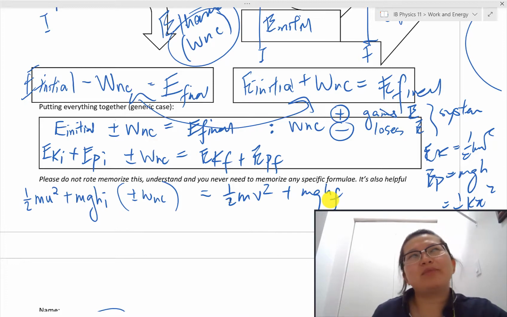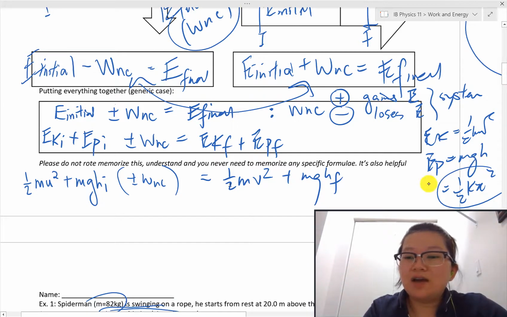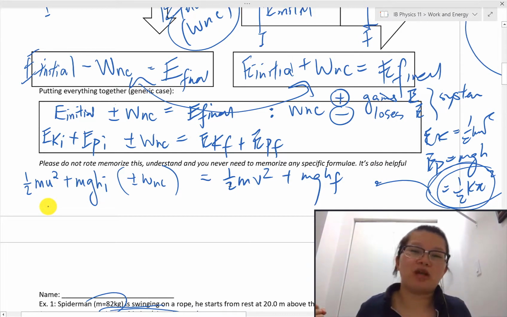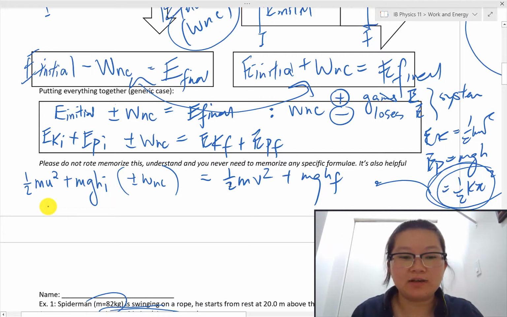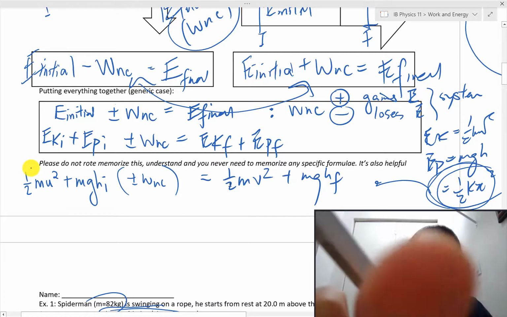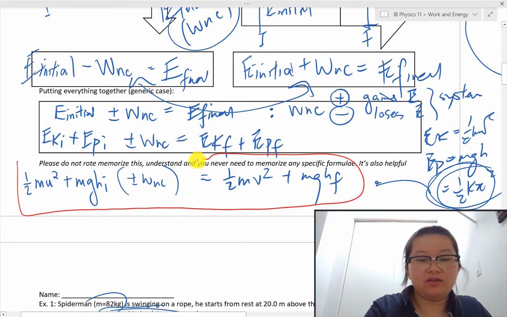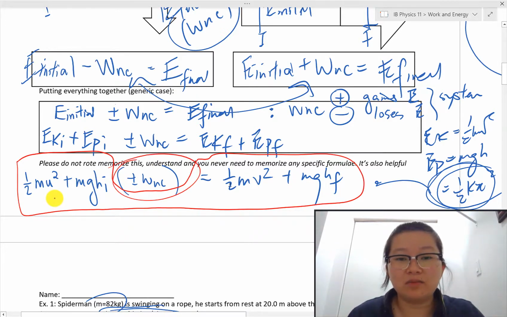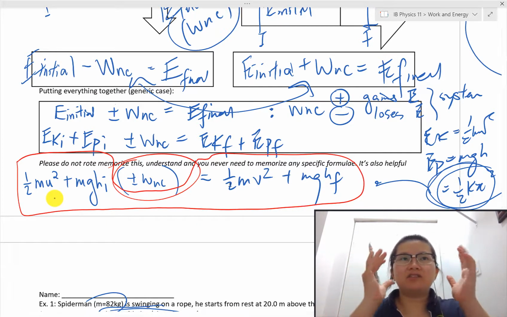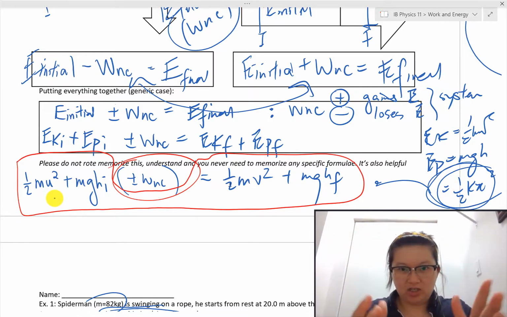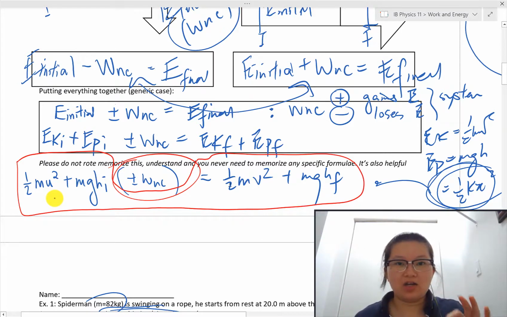Now, if you have elastic potential energy in your problem, you might have to add this term here either to the final or the initial, depending on when your spring was compressed or extended or whatnot, okay? But most of the time you'll be dealing with this equation. And in fact, it may not even include the work term, okay? So that is a specific case depending on if your system gains or loses energy, okay? But again, it doesn't matter if your total energy in your system stays constant or not, energy is still conserved. Energy still goes somewhere. It's trackable,